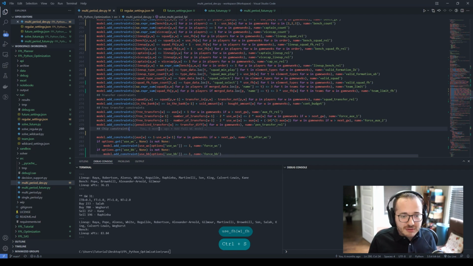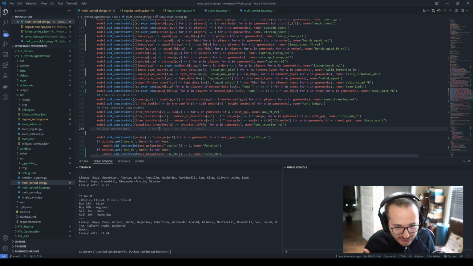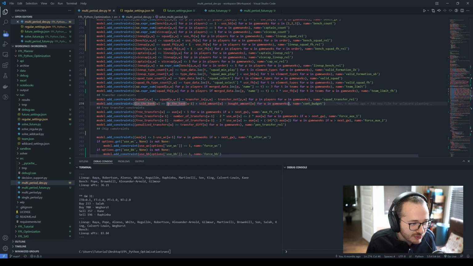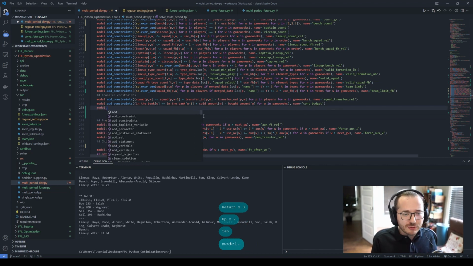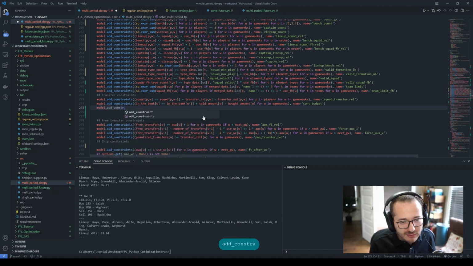Okay, so one of the main problems with free hit is you want to force some kind of transfer constraint, because free transfers will be 1 after you free hit, right? So we have these two constraints that will remain the same, but now we have this constraint that is actually the focus of our free hit squad. So during free hit, you are buying players temporarily, but those players should be within your budget. So what we are doing here is we are adding this constraint